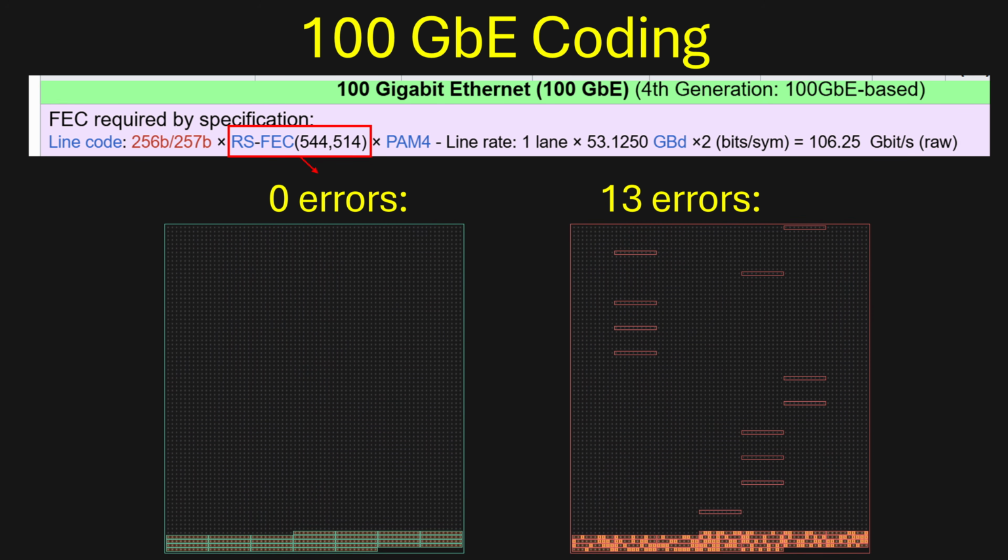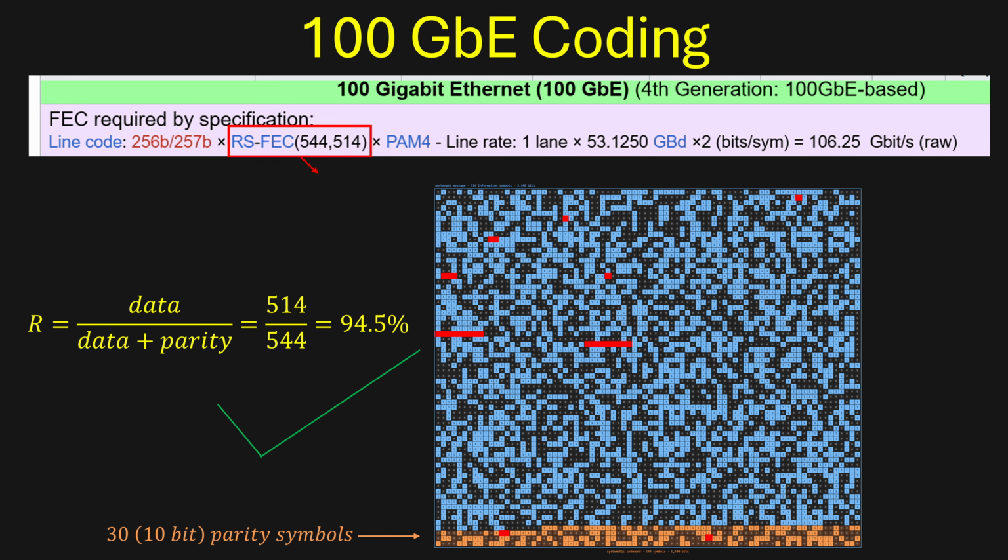If the remainder is not 0, it means there is an error, and there is a multi-step process to use the syndrome to find and correct the erroneous symbols. I will skip that explanation for now, but there are other videos about Reed-Solomon decoding on YouTube if you are interested. At this code rate of 94.5%, which is pretty high, the error correction will work perfectly until the number